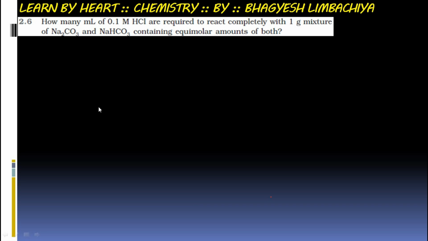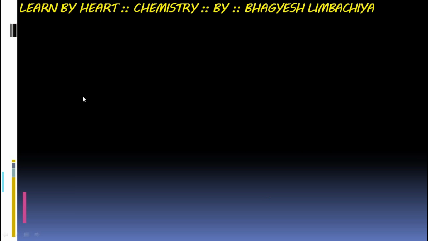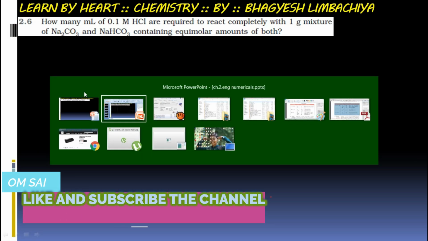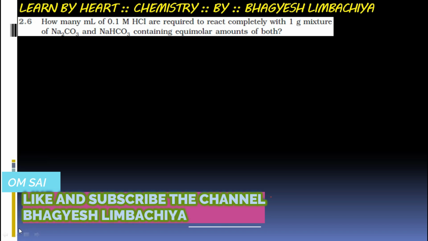Now in the next question you are given that how many ml of 0.1 molar HCl are required to react completely with 1 gram mixture of Na2CO3 and NaHCO3 containing equimolar amounts of both. See, in this question, so in this question